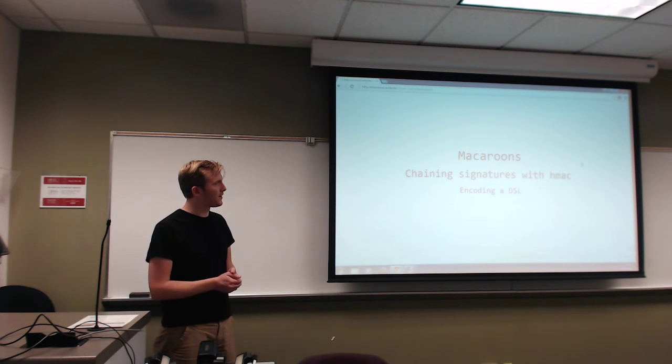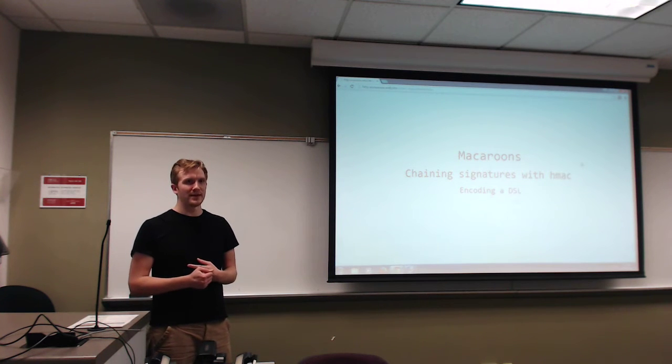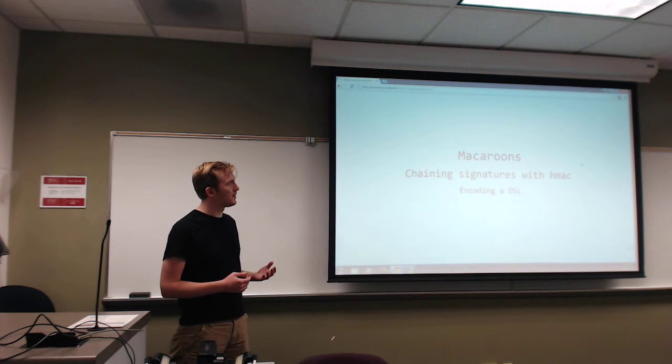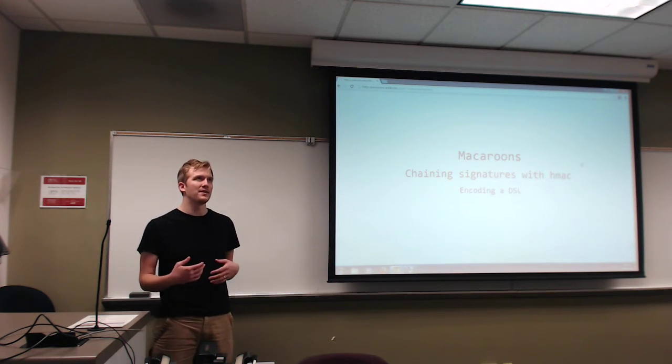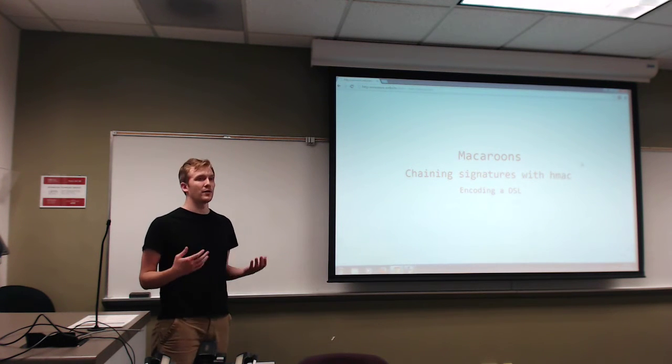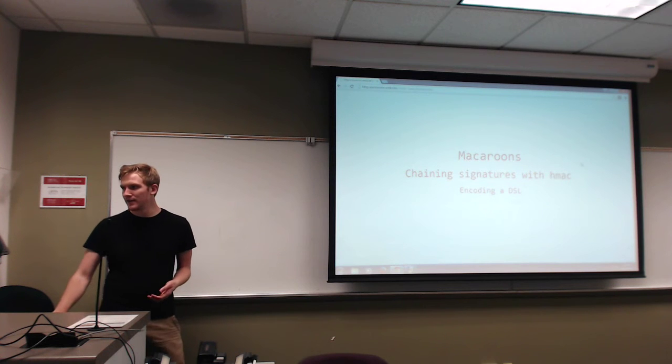And I put encoding a domain-specific language because macaroons doesn't specify how these caveats actually need to look. It just allows a way to embed caveats. So